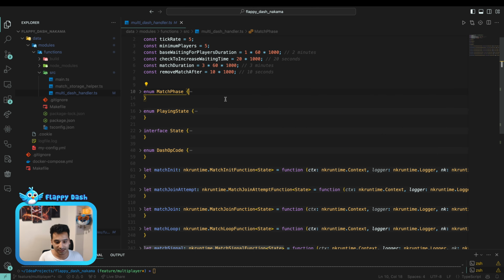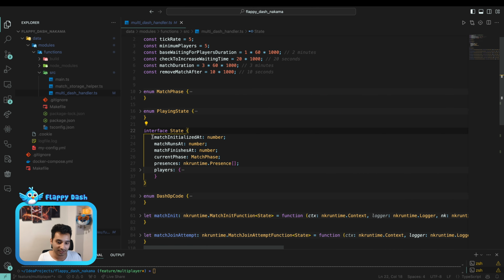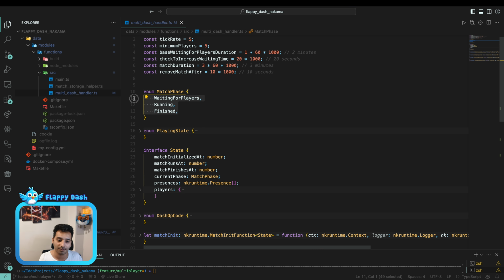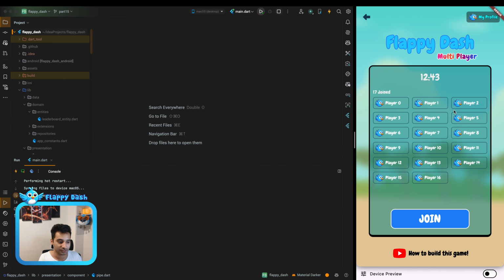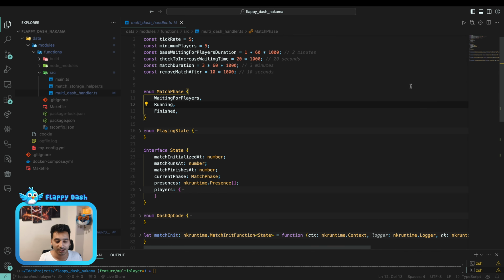So basically this is the code that I have for the backend. The idea is that we have a match state, and this is a customized state that you can define for your match. The important point is that we have current phase, and it is an enum. As you see, we defined an enum for the match with 3 phases. We have waiting for players, which is this page. We have running, when the game is running and the players can jump and move in the game. And we have finished, for when the countdown of the game is finished, we announce the winners, and everything is done with the match.